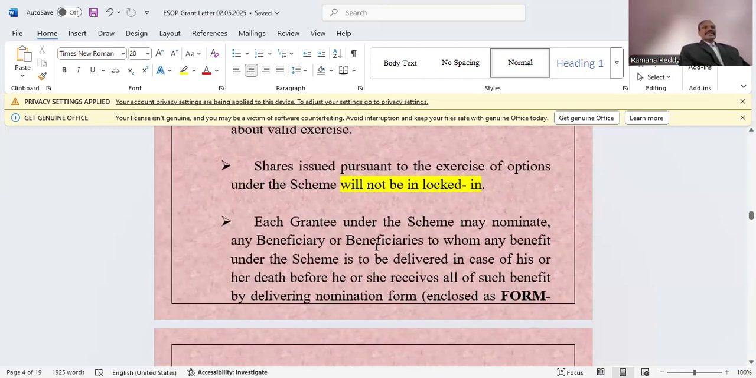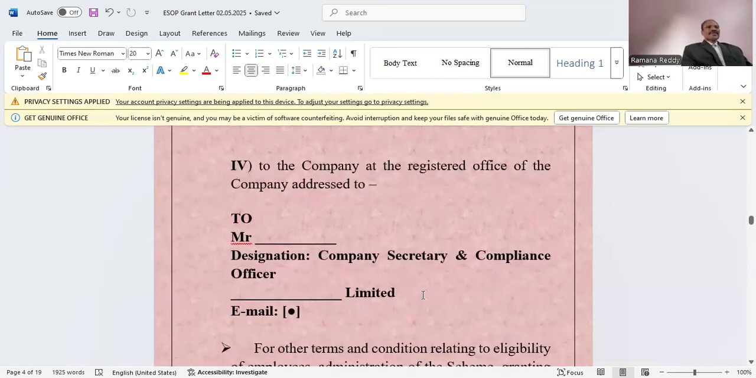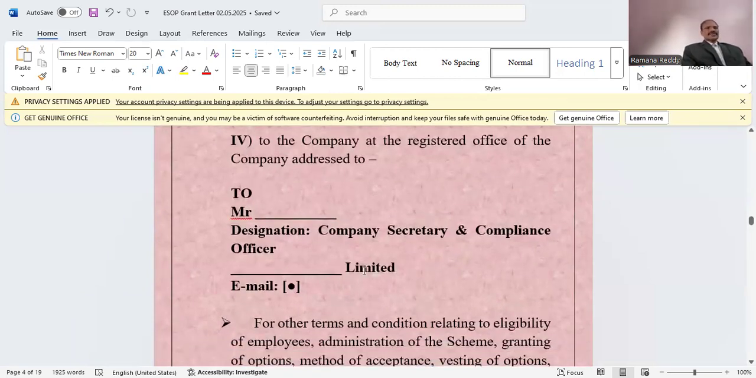Each grantee, each employee under the scheme, may nominate any beneficiary or beneficiaries to whom the benefit under the scheme is to be delivered in case of his or her death before he or she receives all such benefit, by delivering a nomination. See, suppose something happens to the employee, then who will be the beneficiary, who will be the nominee? So the nomination form is also supplied along with this covering letter. He has to fill in the nominee details and submit at the registered office, to the company secretary if available full time, or you can give to the director, chairman, nomination committee,